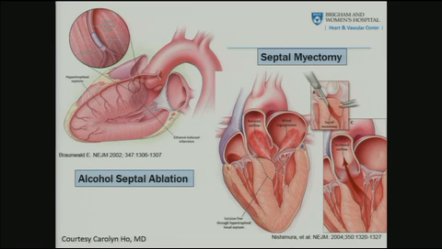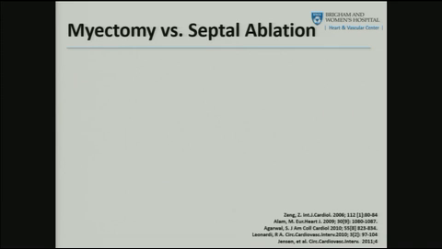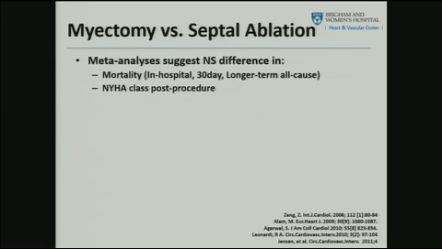in 2004. So septal myectomy is obviously carving the septum out, whereas alcohol septal ablation is finding an appropriate septal perforator and then carefully injecting alcohol to induce an infarct in the portion of the septum that's contributing to the obstruction. So in terms of choosing patient myectomy versus septal ablation, overall, the meta-analyses suggest there are not significant differences in mortality or functional class between the two